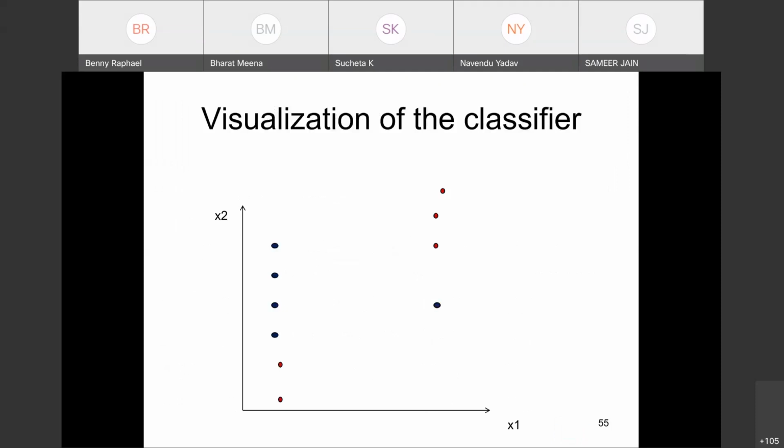We saw in the case of symbolic variables how it works. The original ID3 algorithm was only for symbolic variables. Later on, people extended it to even continuous variables. So if you have continuous values for x1 and x2, let us say in this case x1 is a binary variable with only two possibilities, but x2 is a continuous variable that can take different values. Let us see how the algorithm works.